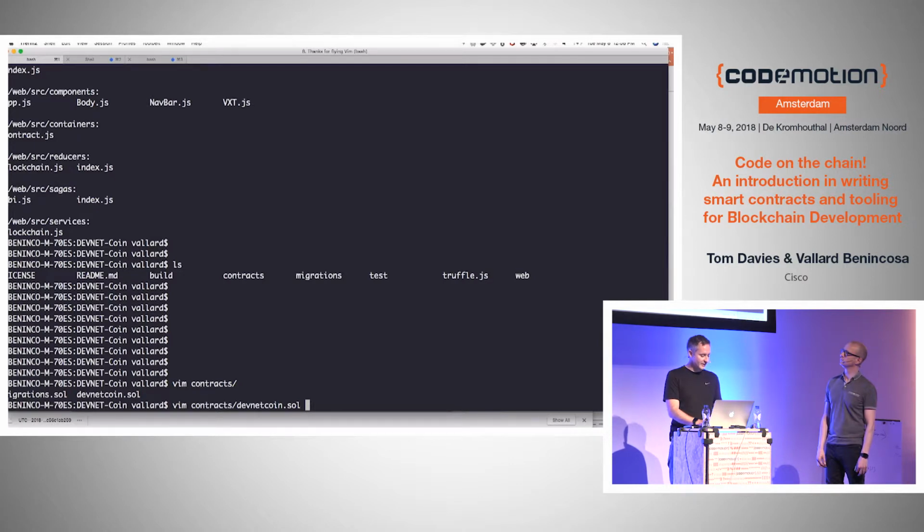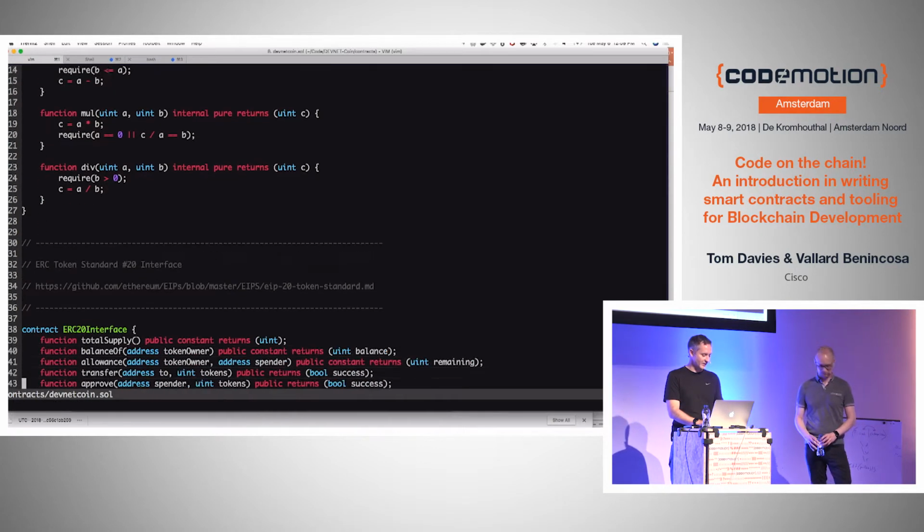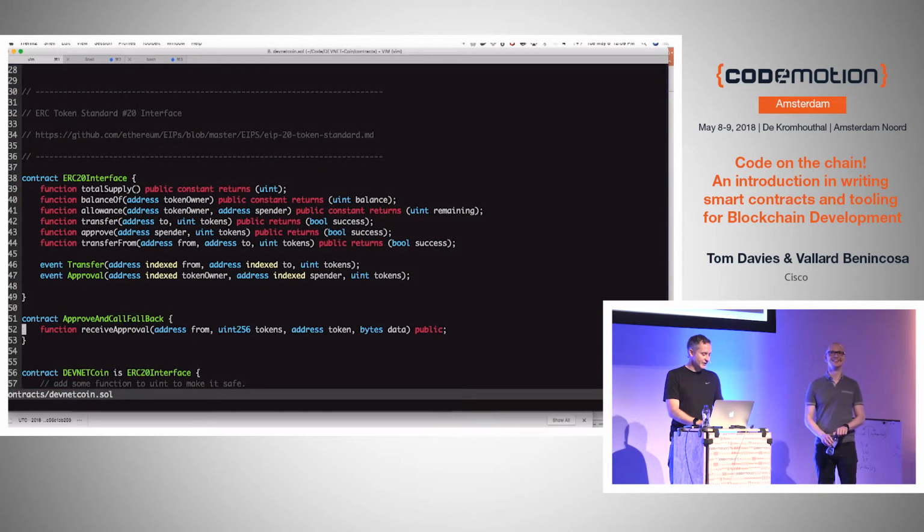There's also this idea of migrations that Truffle puts in there. It actually makes your migrations a smart contract. So as you deploy new versions of your previous contracts, the migration is actually a smart contract itself. So here's the smart contract. We imported a lot of this safe math just because of the way the blockchain works. There are a lot of pitfalls where somebody can go through and take away all this hard-earned cryptocurrency that we're about to generate.